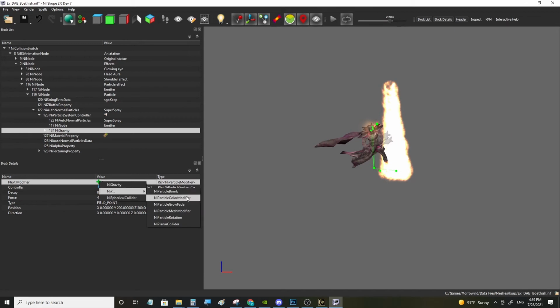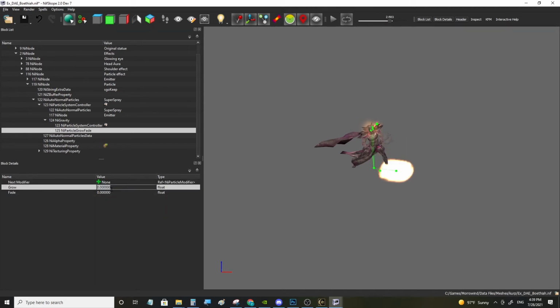Here, NiParticle grow fade, and if you type in 0, it will not have any effect. If you type in 1, that will mean that particles will grow to their full size